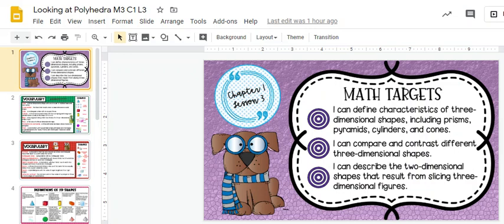This is our math lesson for today. We are going to be looking at characteristics of three-dimensional shapes. So your targets are, I can define characteristics of three-dimensional shapes, including prisms, pyramids, cylinders, and cones. I can compare and contrast different three-dimensional shapes, and I can describe the two-dimensional shapes that result from slicing three-dimensional